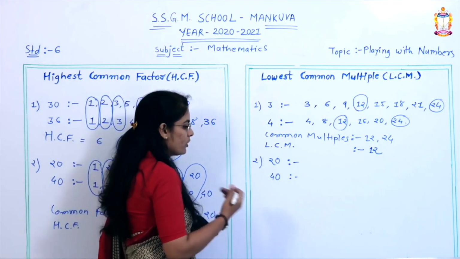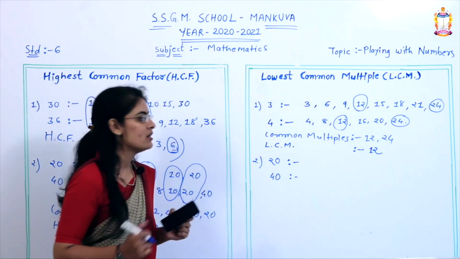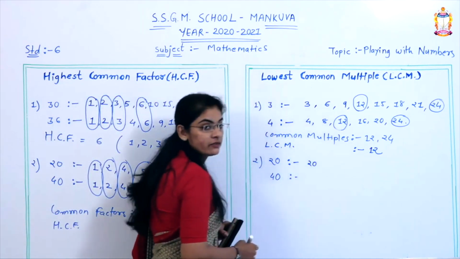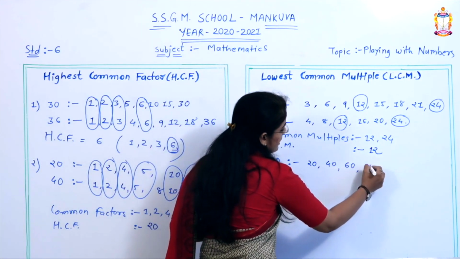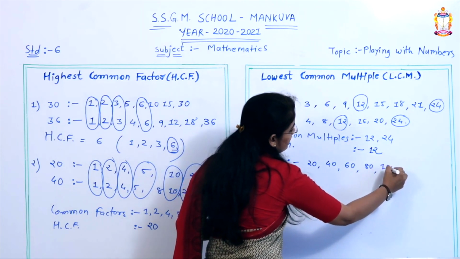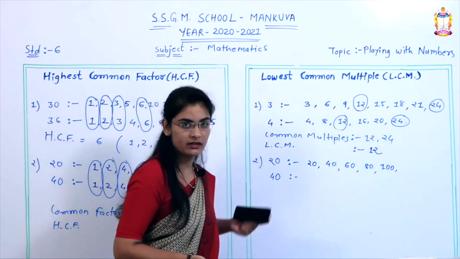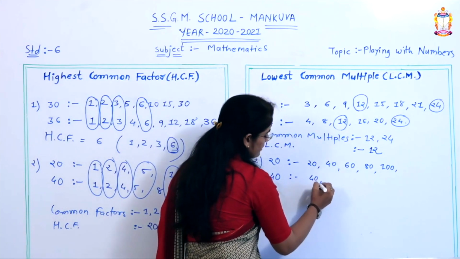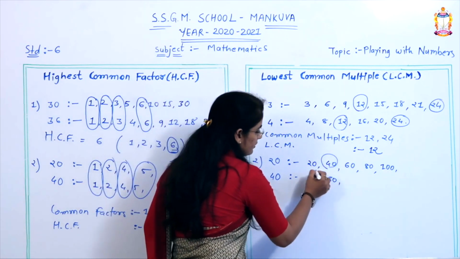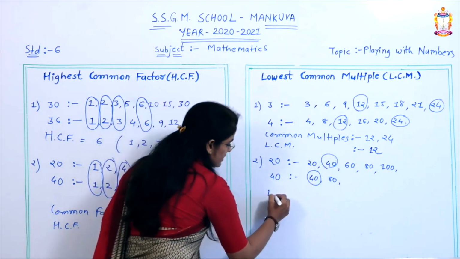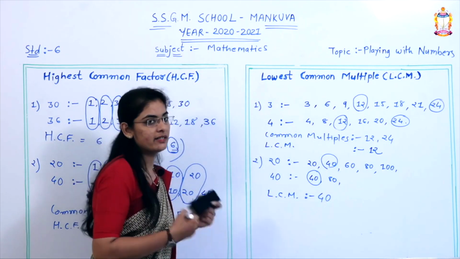Now let us do more practice, 20 and 40. We have to write the table of number 20 and number 40. 2 1s are 20, 2 2s are 40, 2 3s are 60, 2 4s are 80, 2 5s are 100. If we go up to here and then do the lower one, we will see where it comes. Suppose 4 1s are 40, 4 2s are 80. Yes, we got the answer, 40. It means LCM is equal to 40. Right? We can write it like this, right?